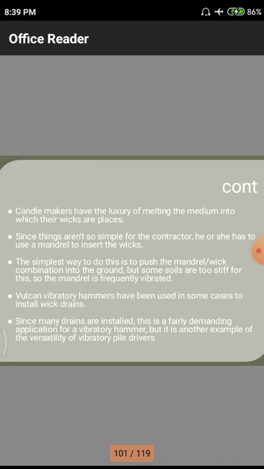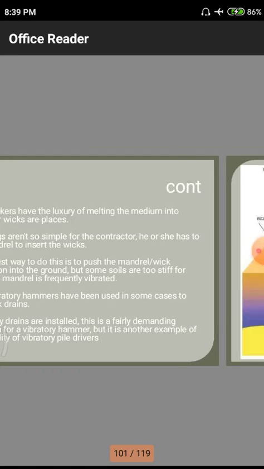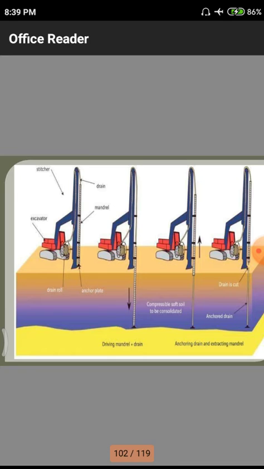After this slide we have a pictorial representation of how the total process is going on. This is the pictorial representation. That means a crane with a drill of huge height is used. These drills are normally used for particular soils. For different kinds of soils we need to use different kinds of drills depending upon the plasticity index.